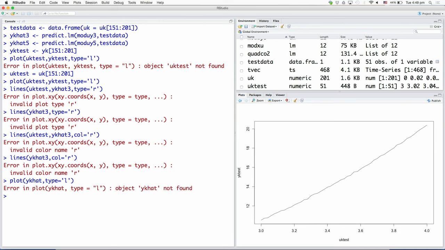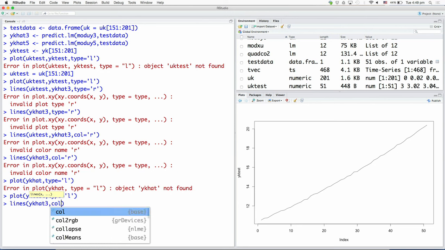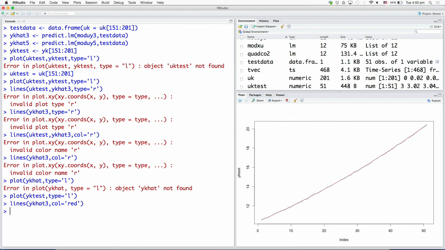Right. yk test, and then plot yk hat 3. So, we can compare the predictions here.